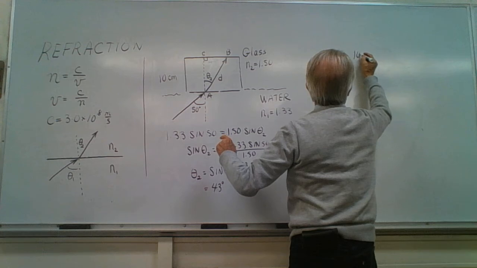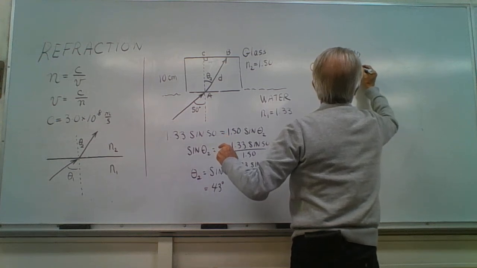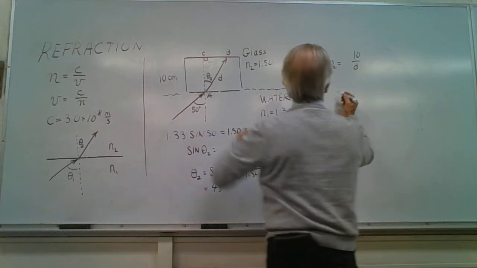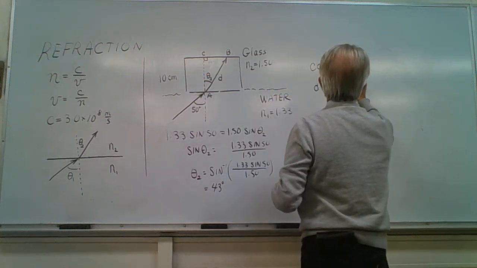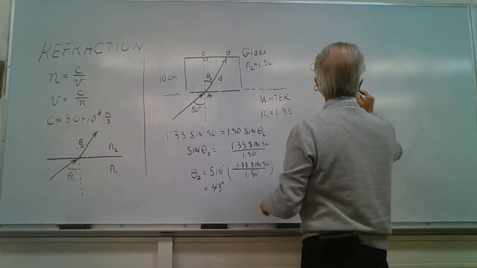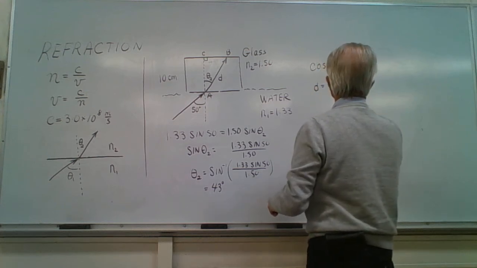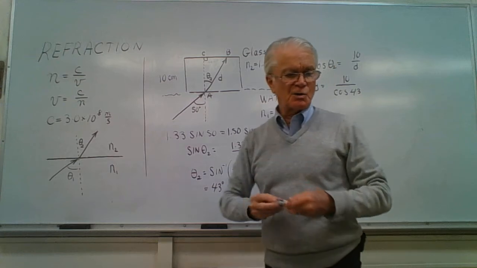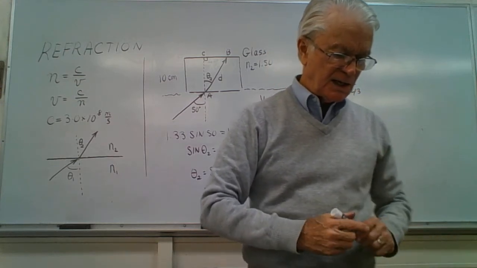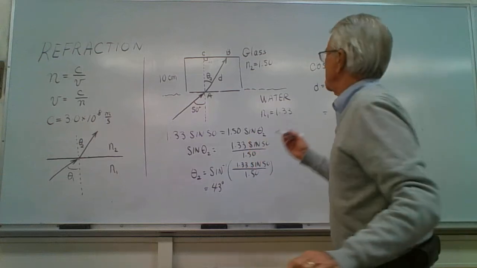It's 10 over D, which means that D, the length of the hypotenuse, is 10 divided by the cosine of 43 degrees. Let me calculate what that is. 10 divided by cos, it's rounded off as 14